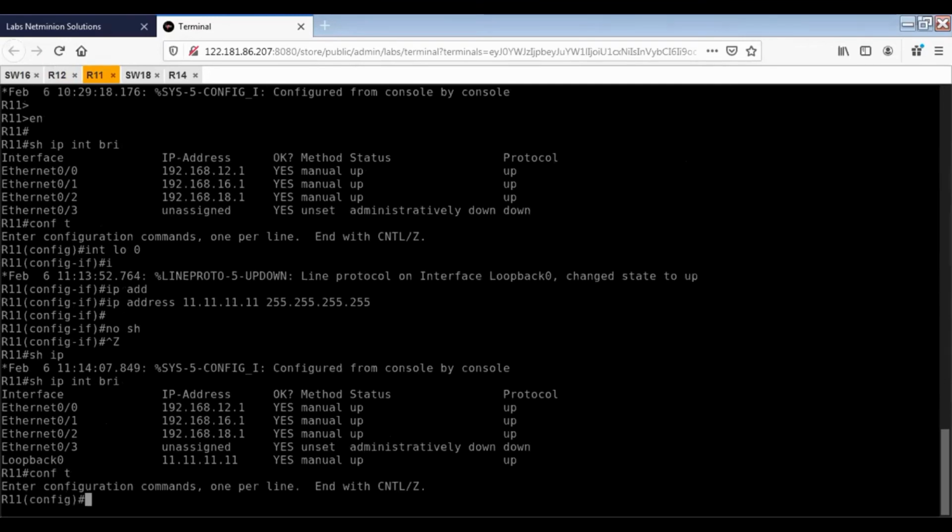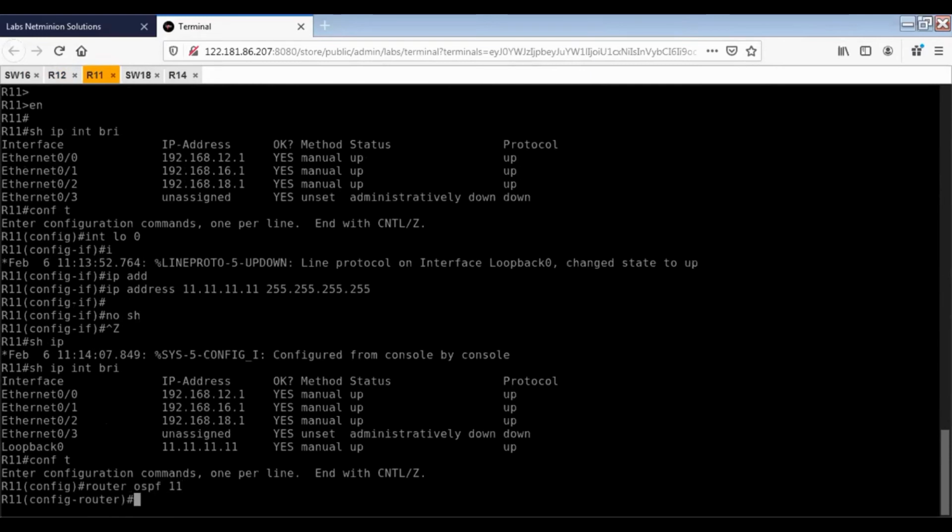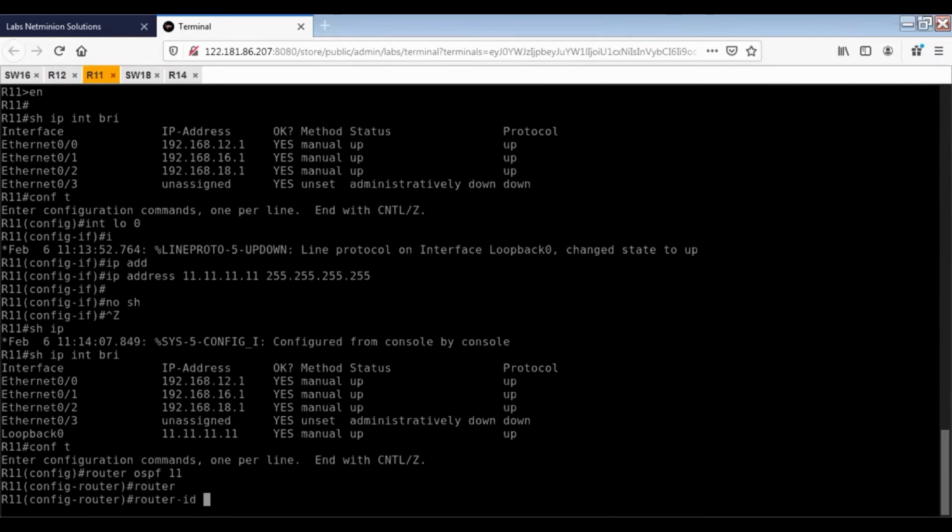conf t, router OSPF 11. You remember we have taken 12 there. Now, as our theory told us, the highest loopback address will be the router ID. On R12 we have not manually defined the router ID, but here we will say router-id 1.1.1.1.